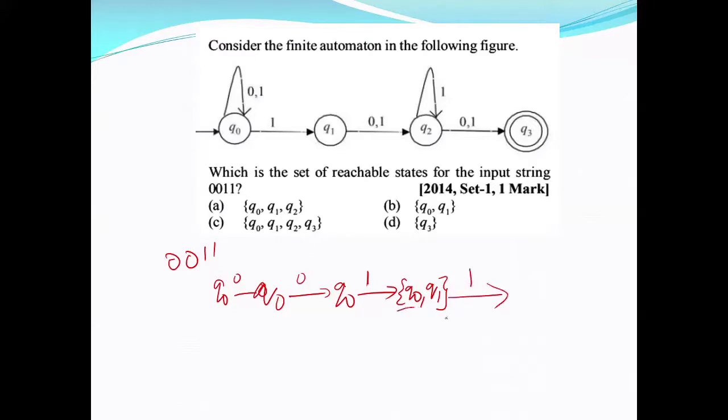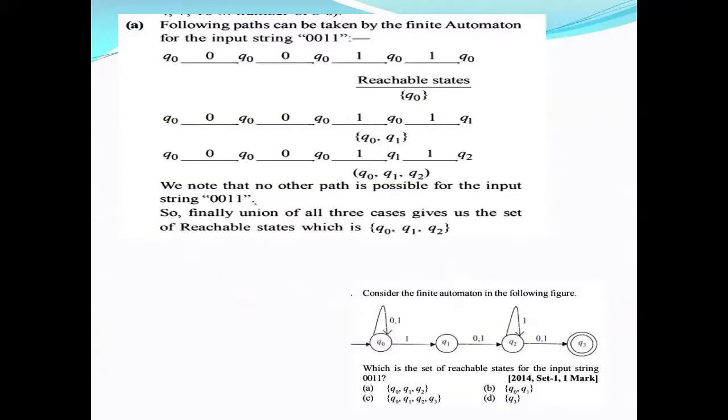So you can be in Q0 or you can be in Q1. What is Q0 on 1? Q0 on 1 is Q0 or Q1. So you get Q0 or Q1. If you are in Q1, suppose you are in Q1 and you are getting 1, then you are going to Q2. So this is where you will end up. Q0, Q1, Q2. Right? So Q0, Q1, Q2. The answer is E. You can work out. Okay.